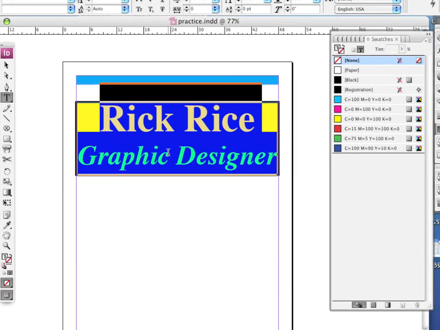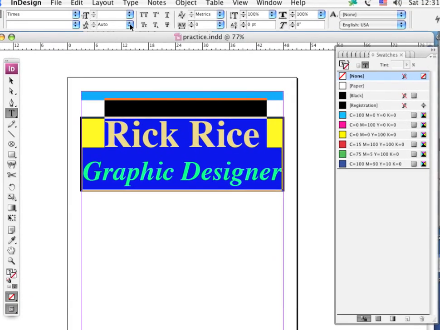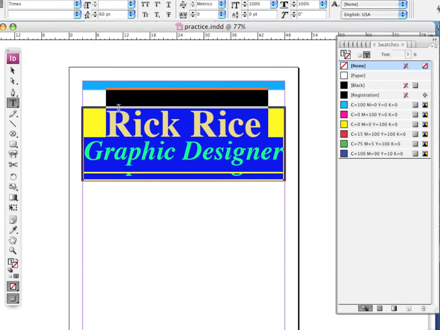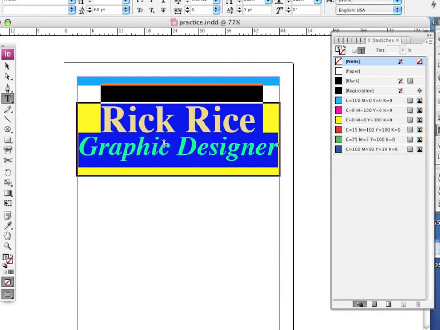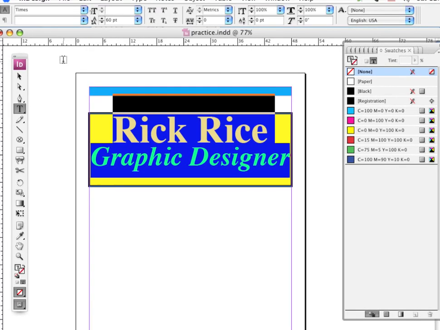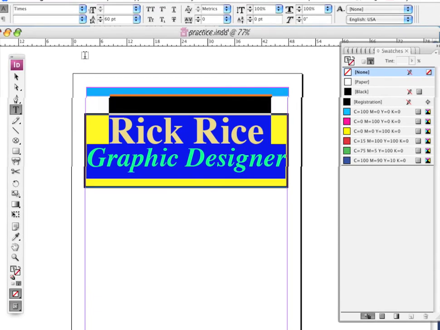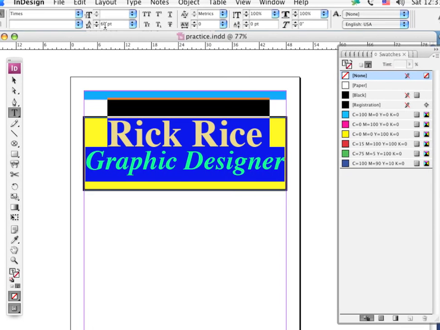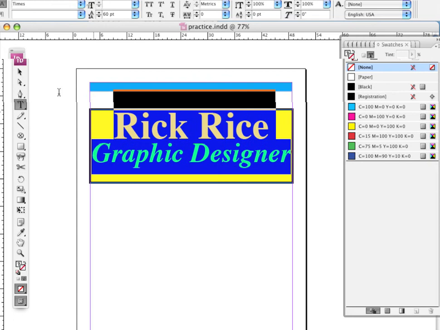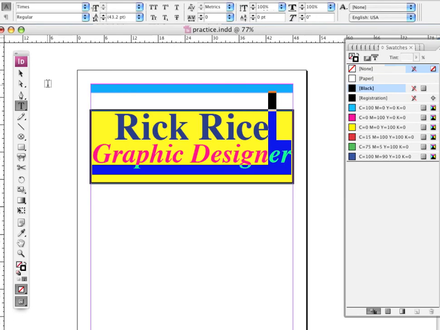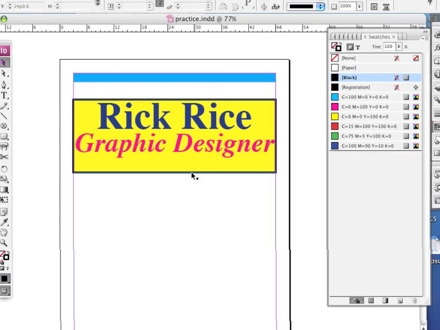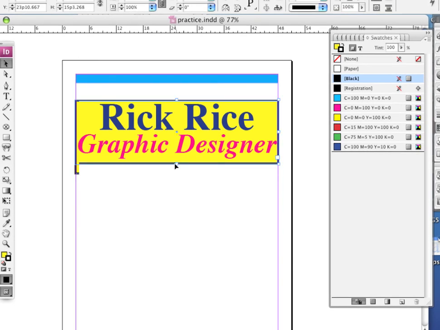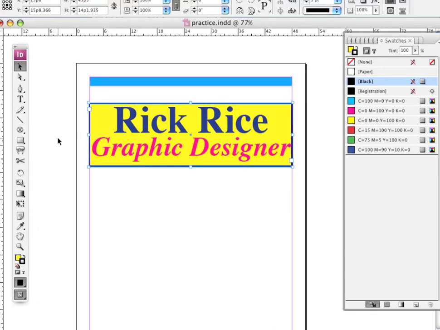And the point here, I just want to show you what we're going to do is I'll make it less. I want to tighten this space up. And so by coming up here, watch, you see how much closer Graphic Designer just got to my name. And so we made the leading tighter or less, and that brought these lines of text together. And there you see it. I like that a little bit better. I'll go back to the black arrow, make the box a little bit smaller as well. And we'll talk about that a little bit